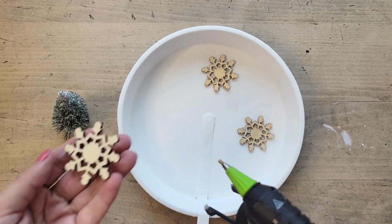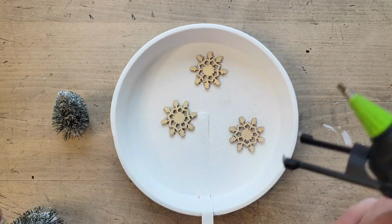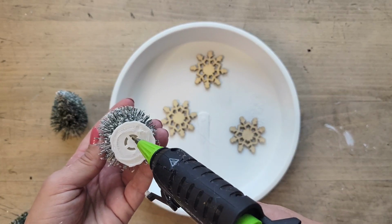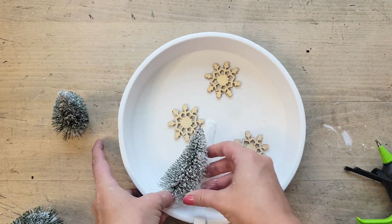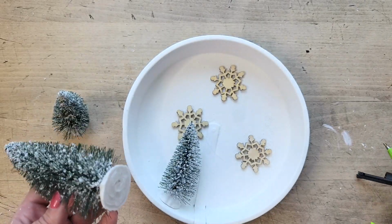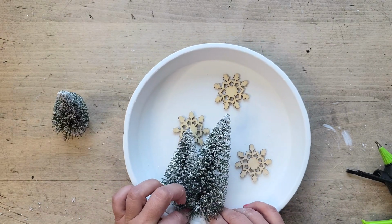By hot gluing a few of the wooden snowflakes onto the inner back of the pie plate. Then going back in with that hot glue gun, apply a generous dollop of hot glue to the bottom of each of the Christmas trees and then carefully adhere those into place. Now the nice thing about these Christmas trees is that even though you're putting it on a rounded rim, because they have a wire center, you can just bend them so that they fit